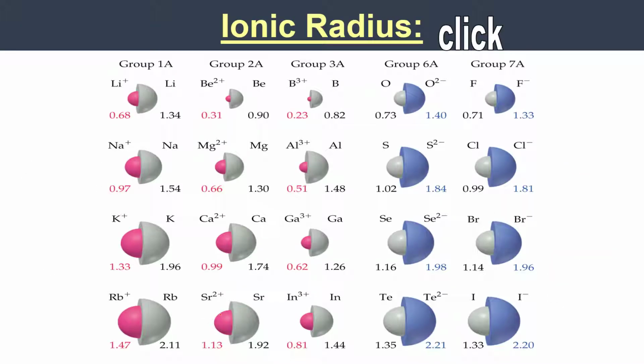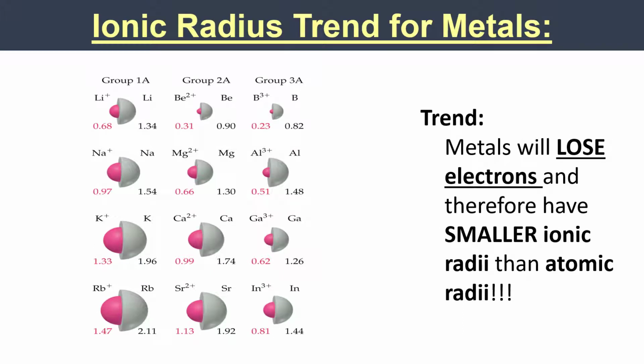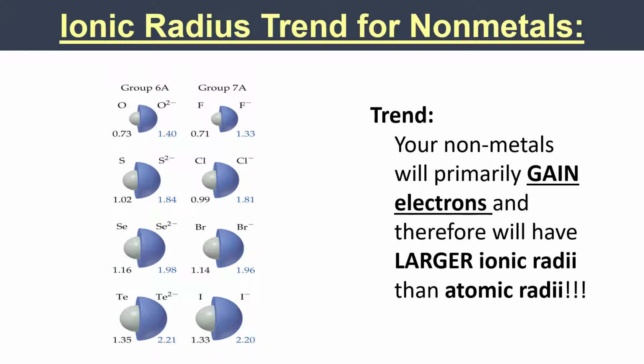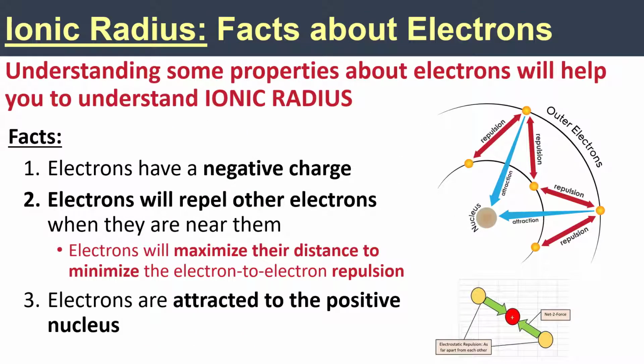Peeking at this picture that we see here, one thing becomes apparent very quickly. When we look at our metals, the size of the ion, which is here in pink, winds up being smaller than the parent atom is. And conversely, the size of the non-metallic ion is larger than the parent atom used to be. Now that we understand the trend that metals lose electrons and have smaller ionic radii than atomic, and non-metals will gain electrons and therefore have larger ionic radii than atomic,